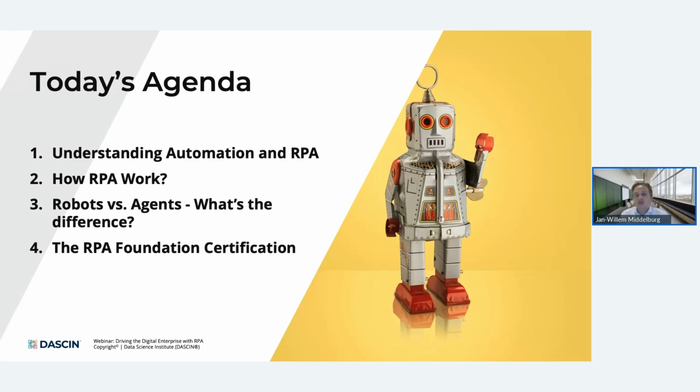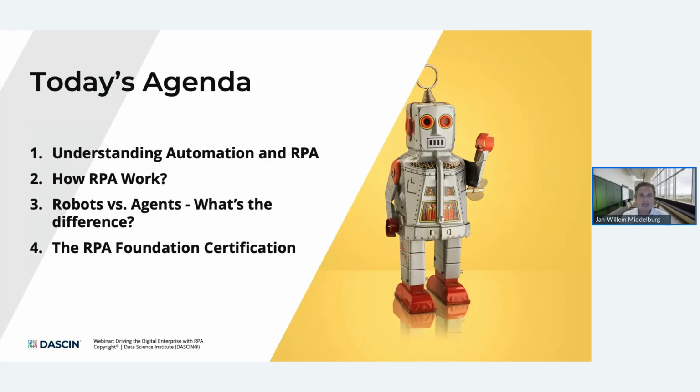Today, we're going to focus on a number of very interesting topics. We're going to get started with a brief introduction to automation and RPA, and specifically how RPA works within enterprise organizations. I always like to go a little bit deeper in these kinds of sessions than just the definitions and the things that you can easily find. So I'm going to focus also a bit on how it works under the hood. So how workflows are invoked, how they're orchestrated, and what are the key elements that you would need to set up for RPA solutions to work in an enterprise environment.